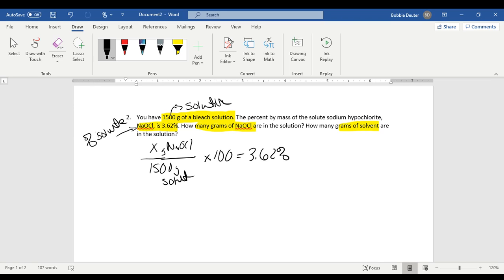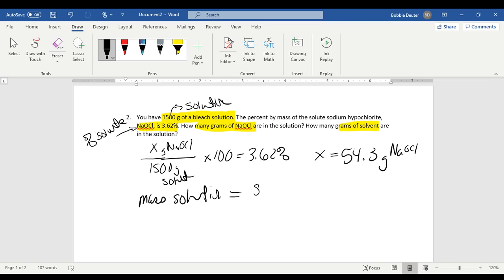And in this case, when we solve for X, X is going to be equal to 54.3 grams of our bleach, or sodium hypochlorite, OCl. And then we need to solve for water. Well, that becomes a lot easier because we know the mass of the solution